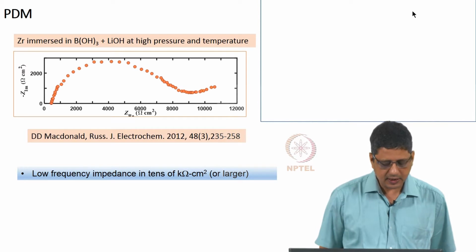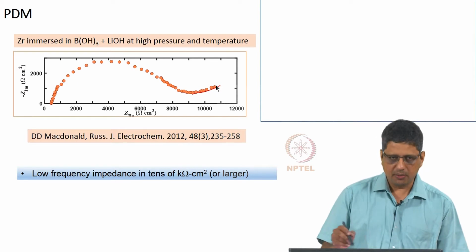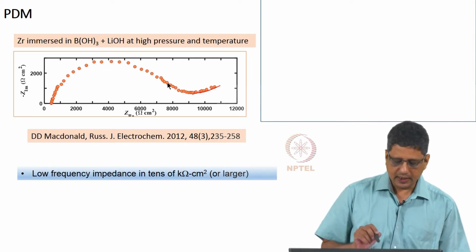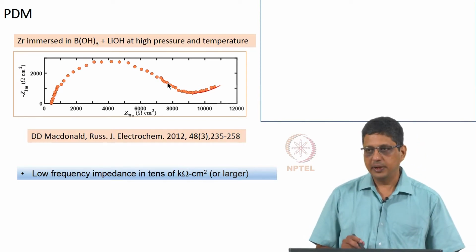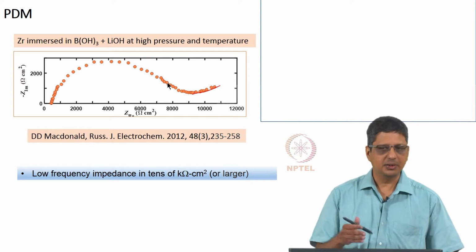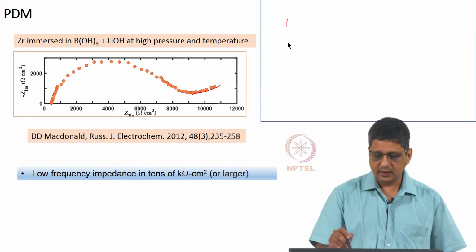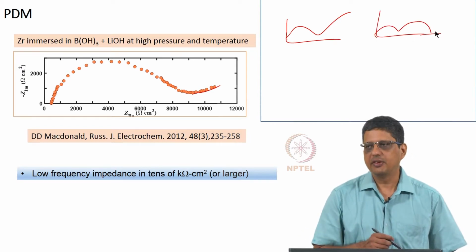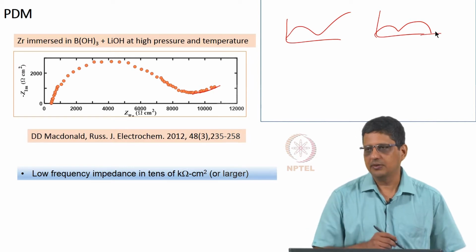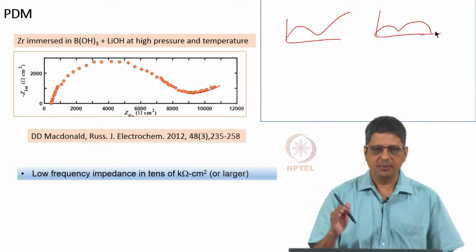If you look at the impedance, this is how it appears. The main feature that I want you to see is that it appears with a Warburg-like signature at low frequency. It has tens of kilo ohms centimeter square impedance at low frequency, sometimes mega ohms in that range. But the characteristic signature is either this, or the film thickness is very small and diffusivity is moderate. You can have something similar to a finite Warburg impedance, not exactly described by the finite Warburg impedance, but somewhat similar to that.